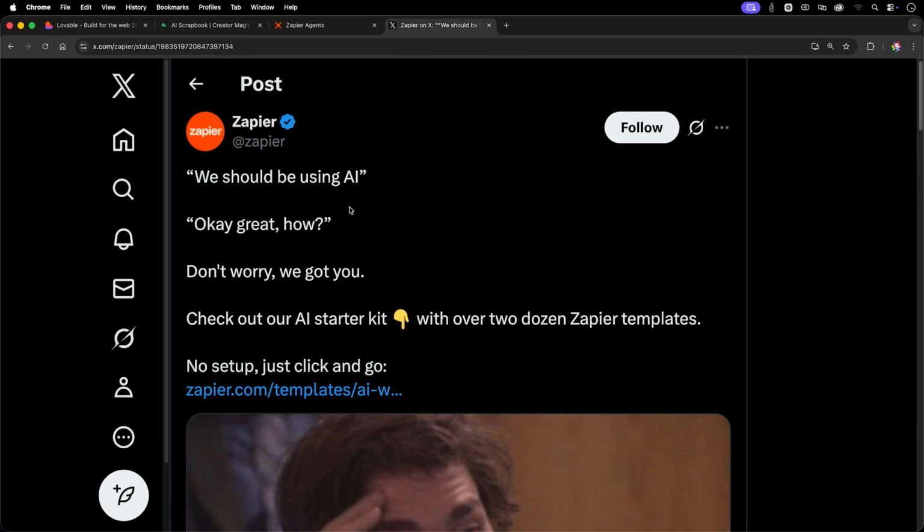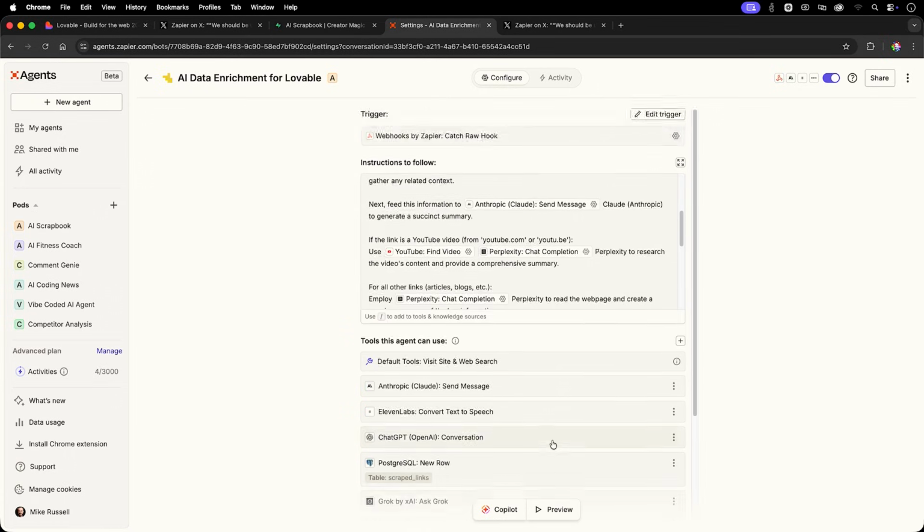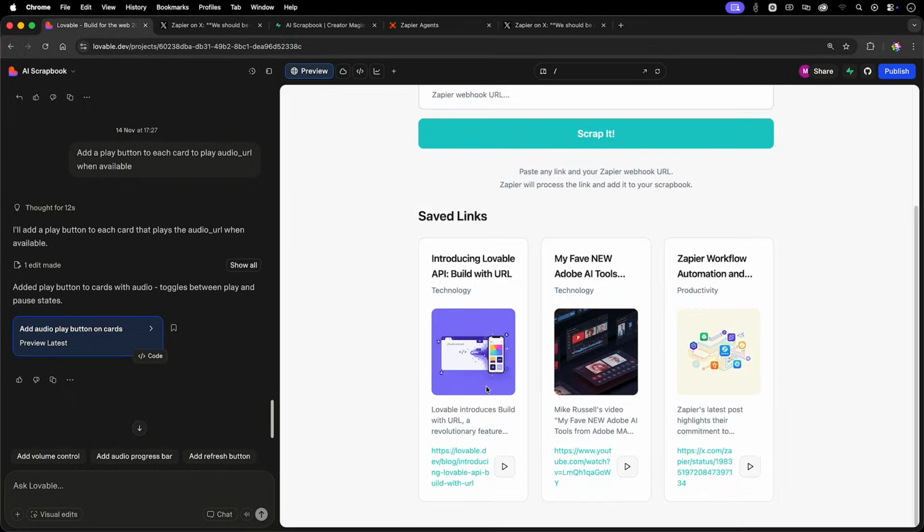Do you ever feel like you're drowning in a sea of links? You found that post on X or you watched that YouTube video and noted it somewhere, but you've lost the context and you've forgotten what it's all about. Wouldn't it be great if you had one single intelligent AI agent that could look at all your links, categorize them, make images, audio summaries, and a lot more so you never forget anything? That is what we're going to vibe code and build today.